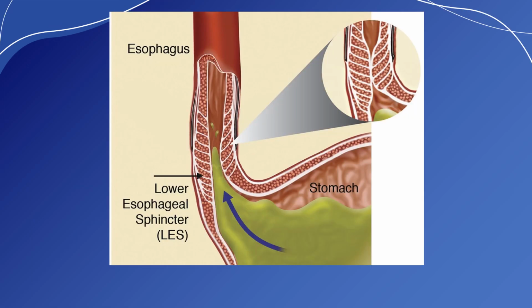Just a bigger picture so that you can actually see what the LES is. It's this ring of muscles that should stay closed so that stomach acid doesn't back up. But unfortunately, sometimes we're going to see a whole host of risk factors. This muscle can become weakened or can be eroded and no longer works, and that allows stomach acid to go up into the esophagus. And so normally the esophagus is coated in saliva, which is high in bicarbonate. Remember, bicarbonate is an alkaline or a basic fluid. So it is going to, when it meets acid, neutralize it. So that way the